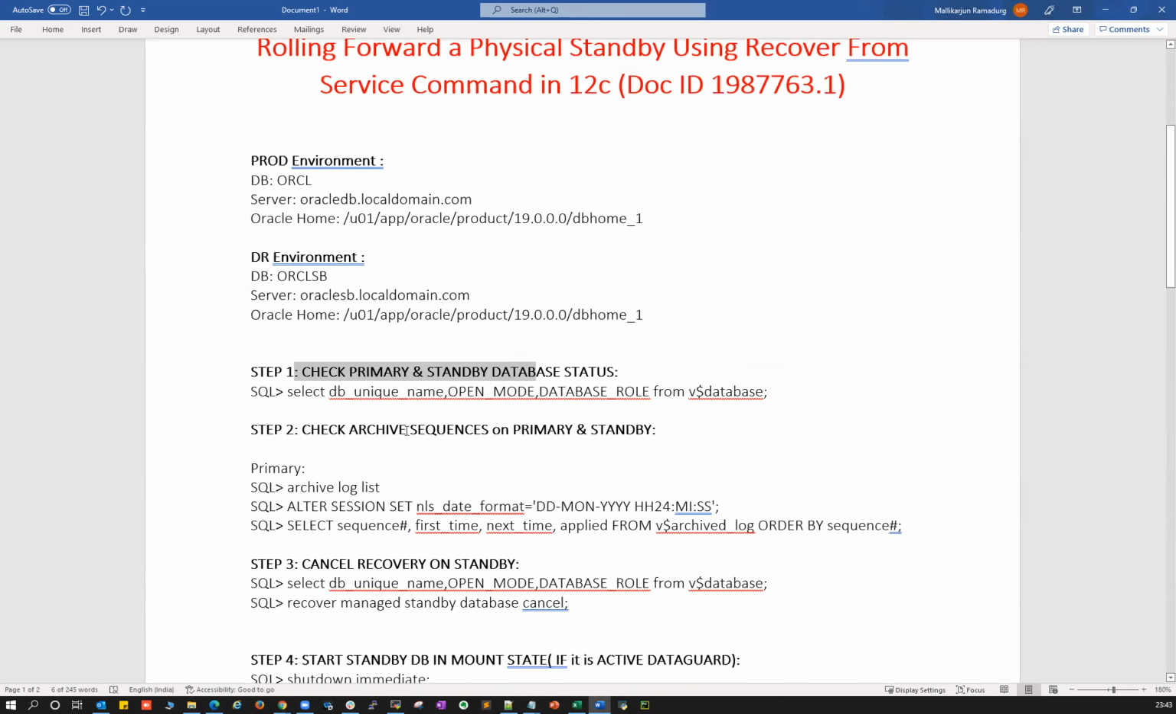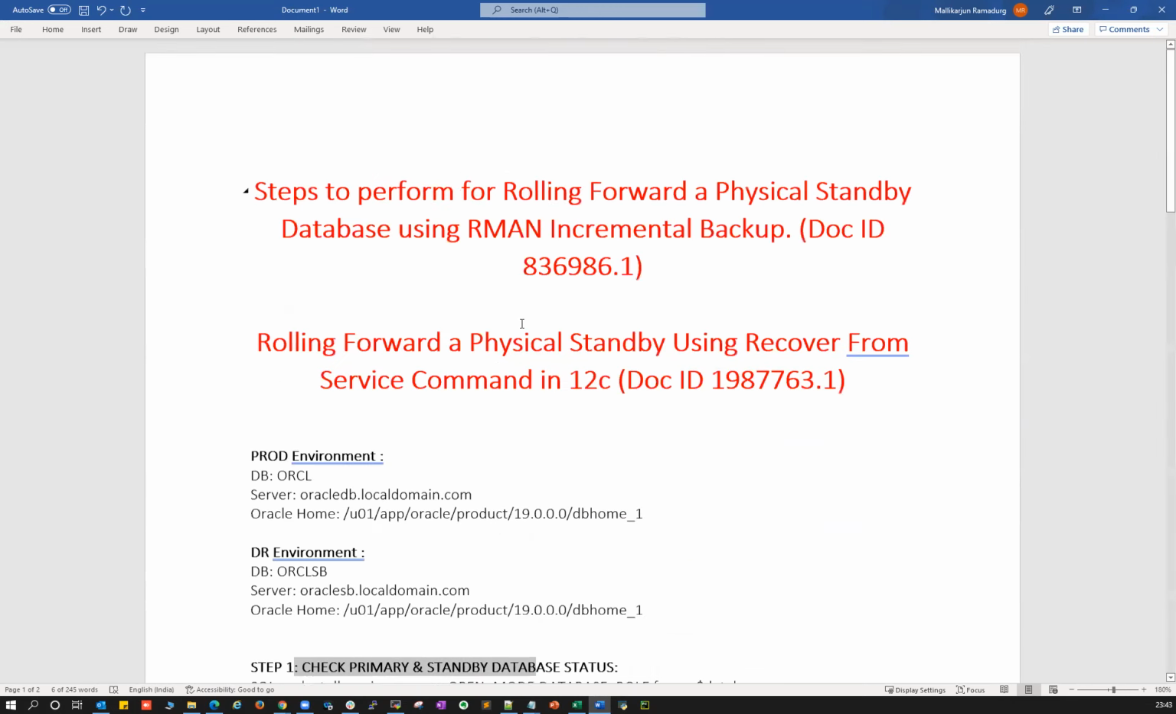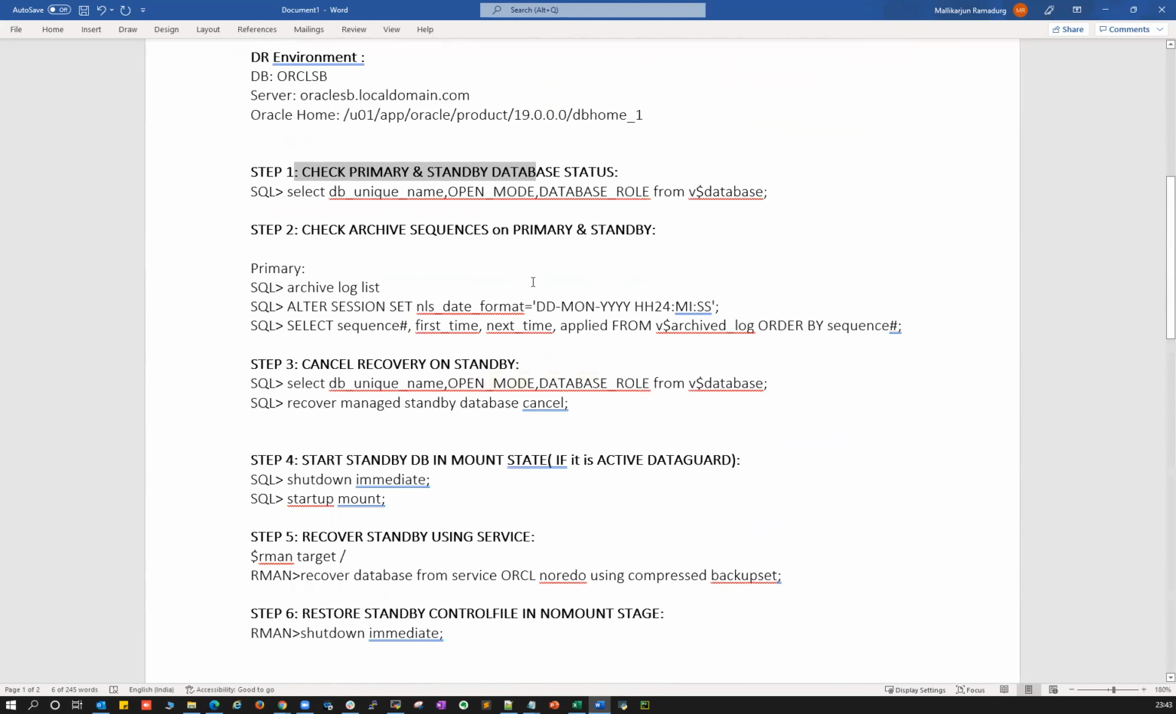If in case somebody deleted those archivelogs, and they are physically missing, then there's no other way. There's no other way you can make it in sync. So you have to follow either of these documents, and then follow the process, and then make your DR in sync. What I did, I just canceled the recovery on my DR site, and then I shut